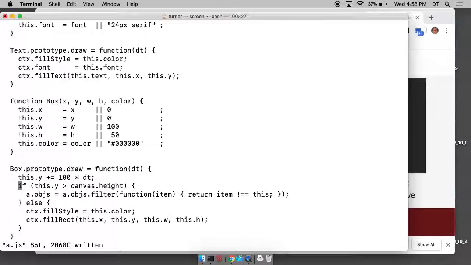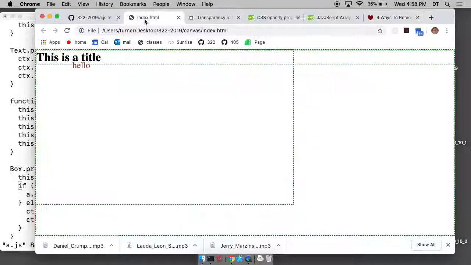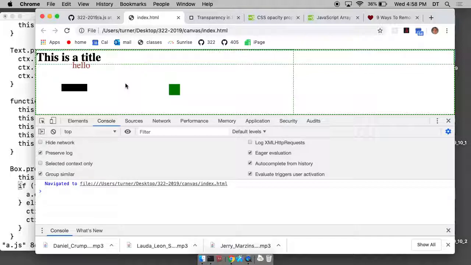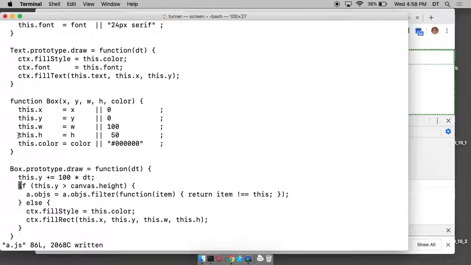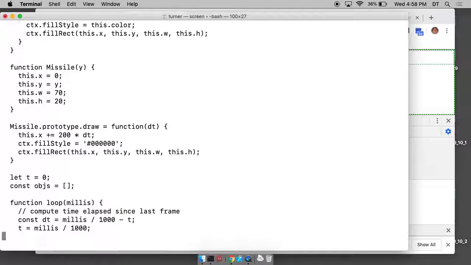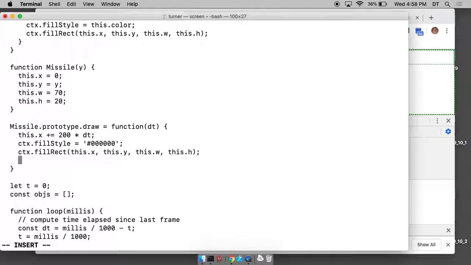And what about a box? Let's check to make sure that didn't crash. It's good. All right, that does that. And now the missile, in the draw code, we want to see if,